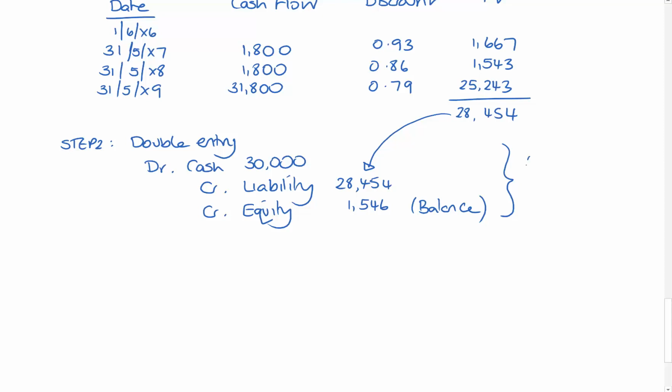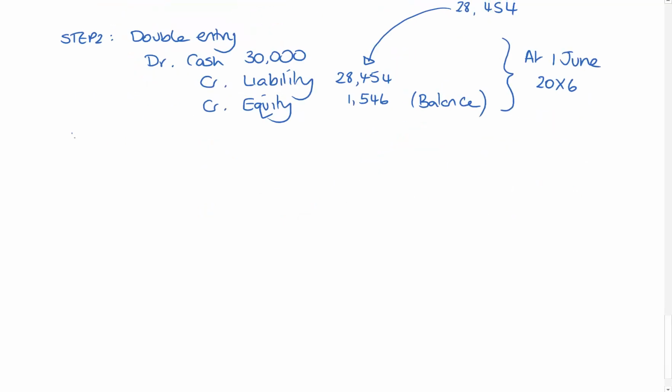This is the value at the 1st of June 20x6. Now, when are we preparing the accounts? We're preparing the accounts at the 31st of May 20x7. So if we try to work out the value at the 31st of May x7,